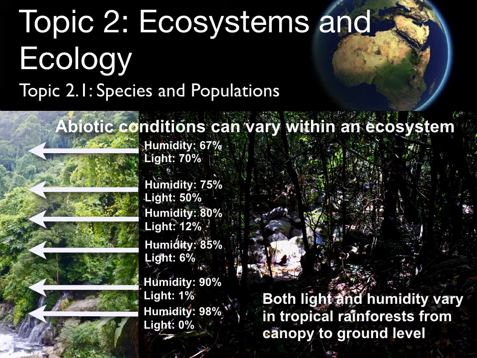Any organism that lives on the forest floor in the rainforest has to be able to survive in quite low light levels. So you don't get many plants actually on the forest floor. All the plants that are found in tropical rainforests tend to be what are called epiphytes. They actually live on the sides of trees. So you get lots of plants actually living in different layers. Also, humidity changes. At the very, very bottom of the rainforest, on the ground layer, the humidity is very, very high. This leads to very high decomposition, whereas at the top of it, whilst the humidity is still high, it's much, much lower. So you get these changing layers throughout the canopy. So what's the effect of this overall? Well,